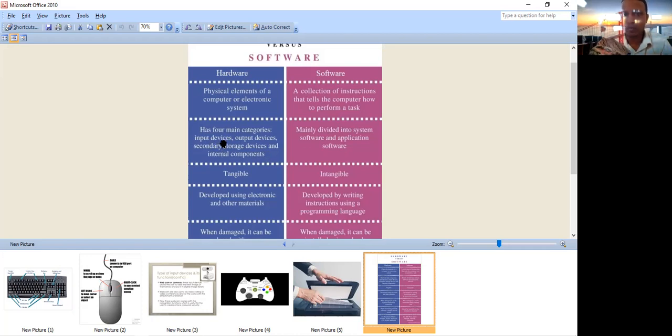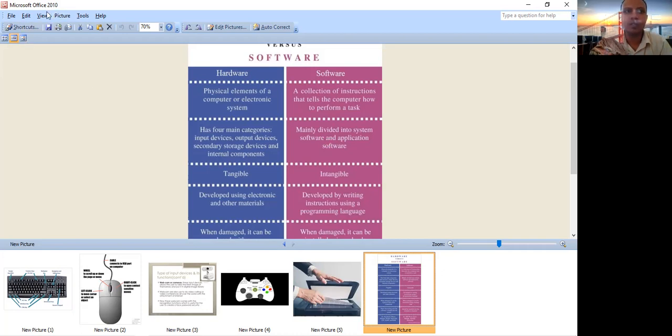जो इनपुट करते हैं हम उनको इनपुट डिवाइस बोलते हैं. The device which is used for output is called an output device, and the external storage device is called a secondary storage, which is very important. Internal primary is called internal, which is present in the internal system, like for example ROM, RAM, etc. Secondary storage, for example, externally connected, like your external hard drive, external hard disk, internal hard disk, as well as your pen drives, memory card, etc.